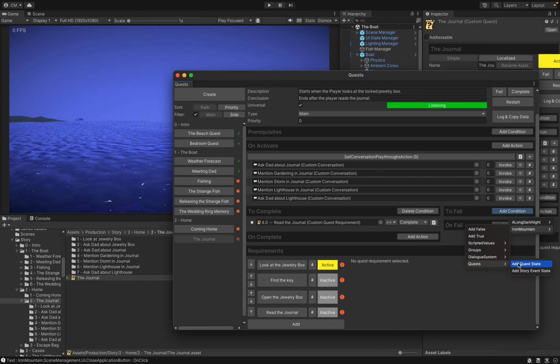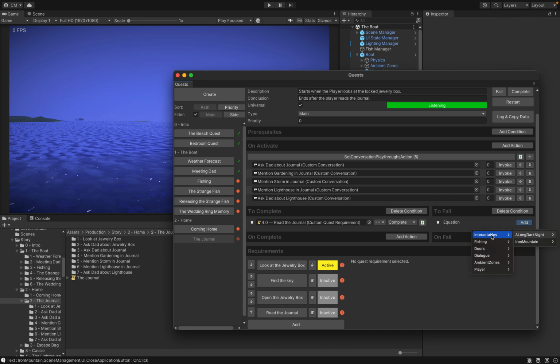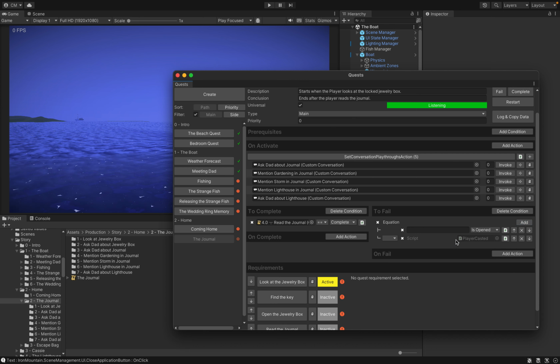And then the most important thing is I can have checklists and equations of these conditions that allow me to do really complicated things. For example, let's have an equation where the door is opened and the player casts. I don't think this would ever actually be in the game, but door one needs an ID. So I could do very, very complicated things to control, and that's the fail state. It's just an example, but the possibilities are kind of endless. I build these conditions as I make systems, and they help me tie in anything in the game to pretty much anything else in the game.